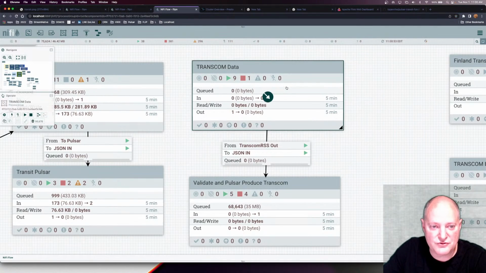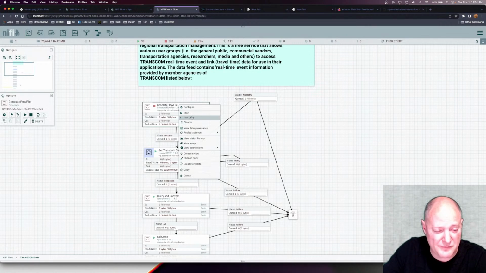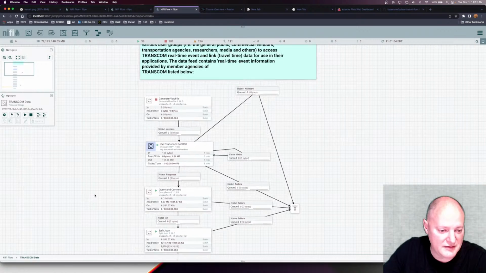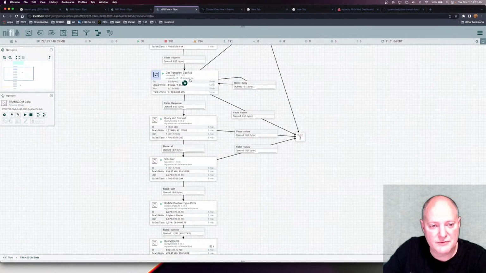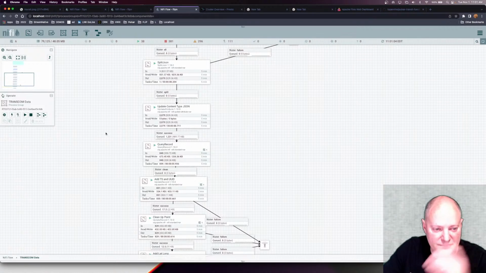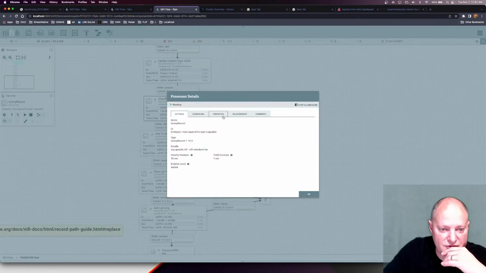So we also have that Transcom data I was talking about. Again, this updates a little more frequently, but it's a lot of data. So I'm just going to run it on demand here, not constantly. Again, we get GeoRSS data, convert that into JSON, split that out into individual records, do some conversion here, and